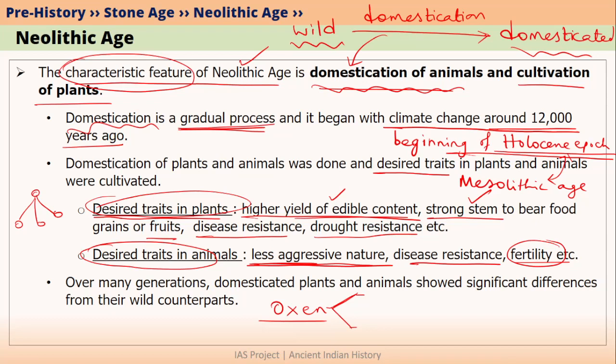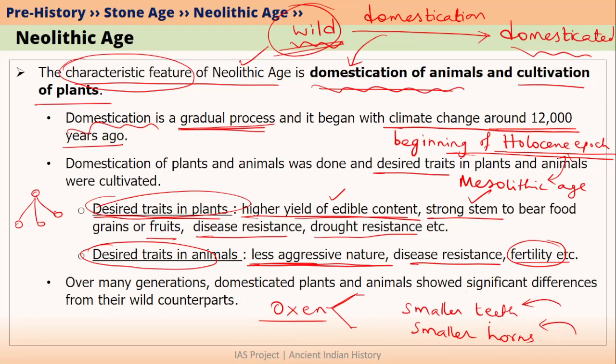So after thousands of years, what happened was the domesticated animals started to show significant differences when compared to their wild ancestors. For example, in the case of cattle, the domesticated cattle had smaller teeth because they don't have to go into the wild to get grass. Now grass was being given by the Neolithic people. Similarly, they also had smaller horns because they did not need to fight among each other for, let's say, food or mating or anything else, because they were now available within the herd